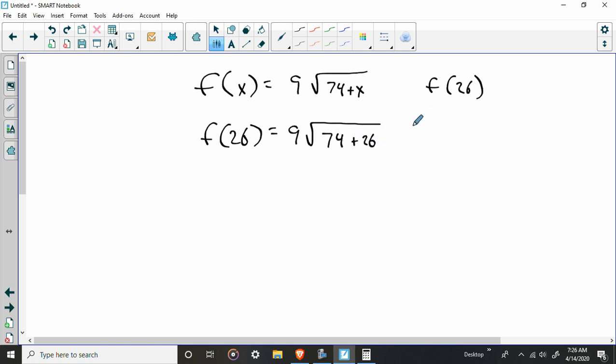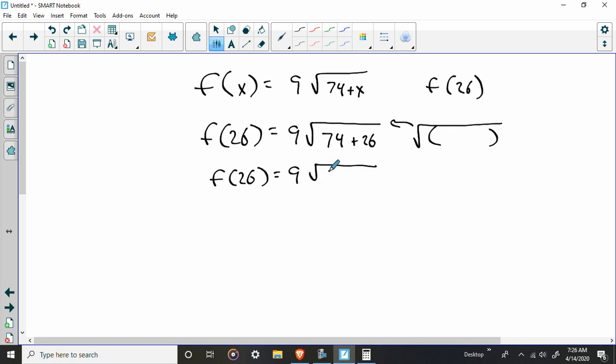If you guys don't know, you should know. Anything that's underneath the square root is inside parentheses. This is really something like this. You have to do anything inside here first. Again, no distributive property, nothing like that. Okay. So again, 74 and 26, last I checked, was